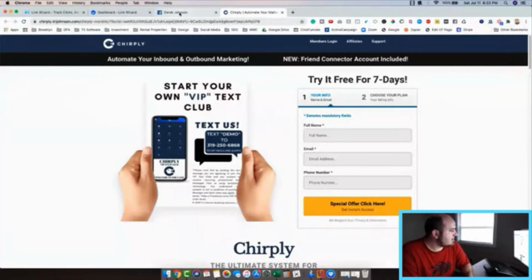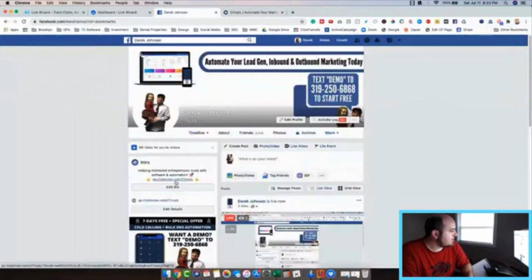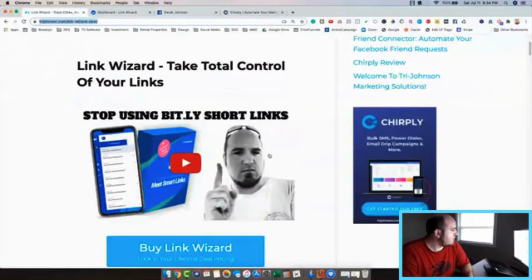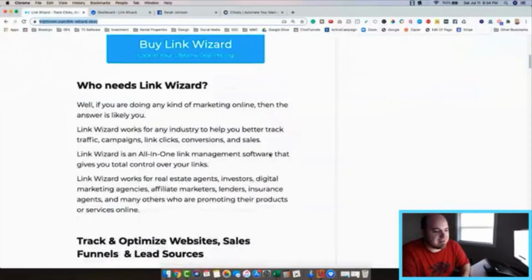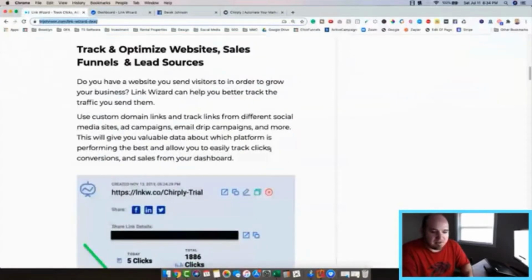Now this is custom branded. It's very easy to set up a subdomain and use your custom domain. So you can track and optimize your website, any sales funnels or any other lead sources. You can use these in Facebook groups. And what's cool is you can even share your Facebook group link or YouTube subscribe link and add a pixel